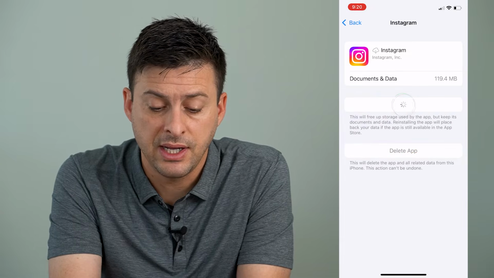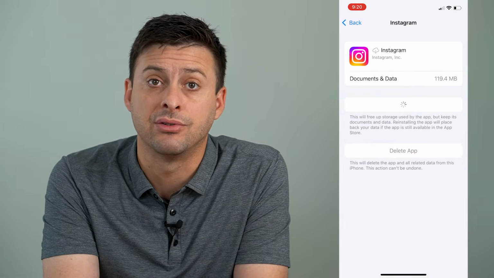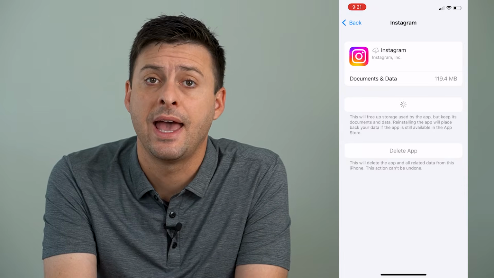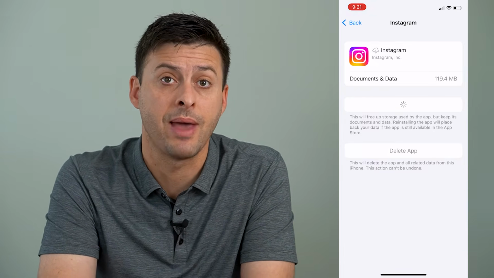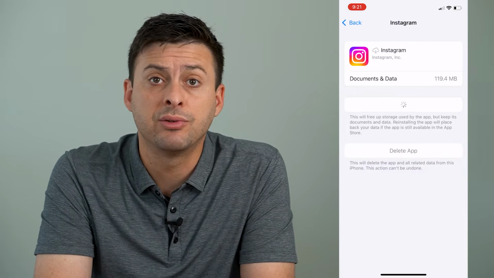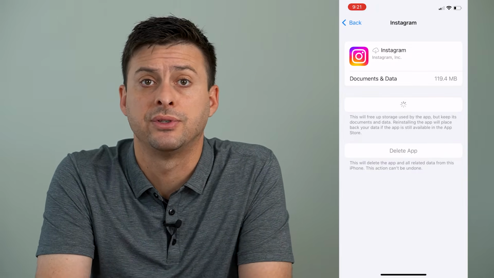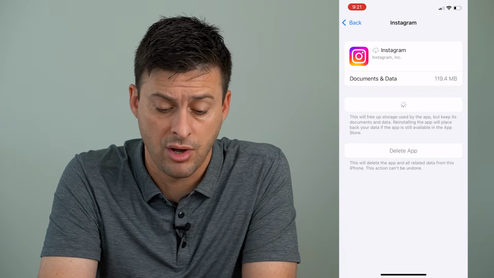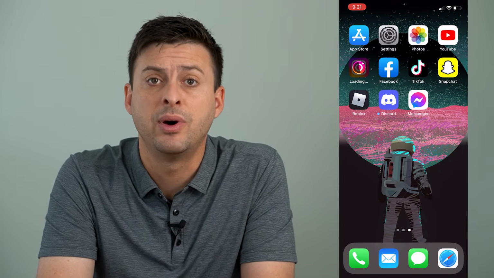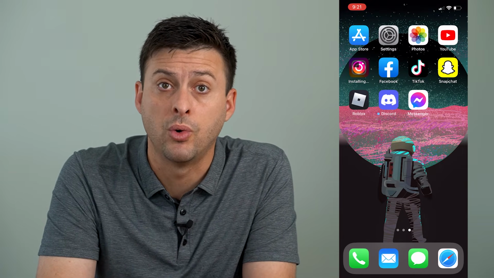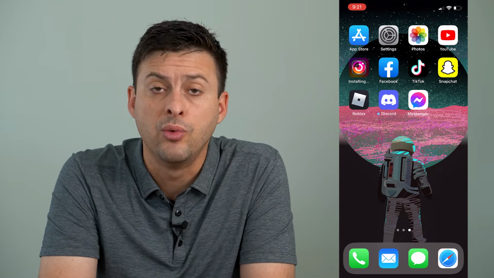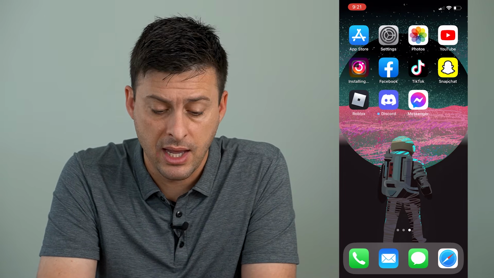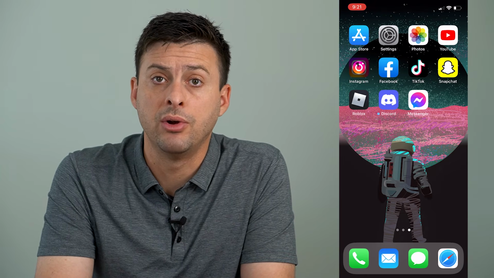What this does is it force updates Instagram to the latest version, and it refreshes if there are any bugs or glitches in the Instagram app itself. It doesn't remove any of our drafts, our messages, our login, any of that stuff, but it refreshes all of those core app files. So once that's done, we can open up Instagram and it should be reloading all of